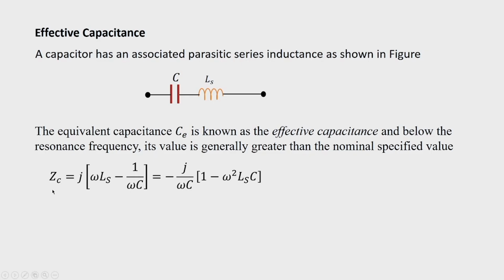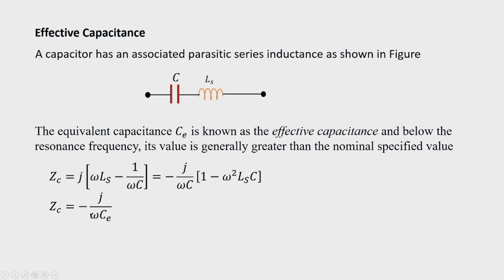We have Zc as a series combination of C and Ls, and it can be written as j omega Ls minus 1 by omega C, and this can be written as j by omega C into 1 minus omega square Ls into C,